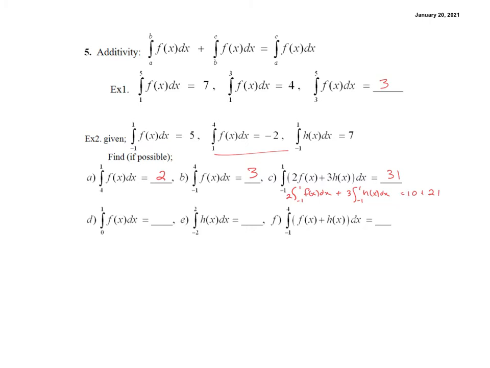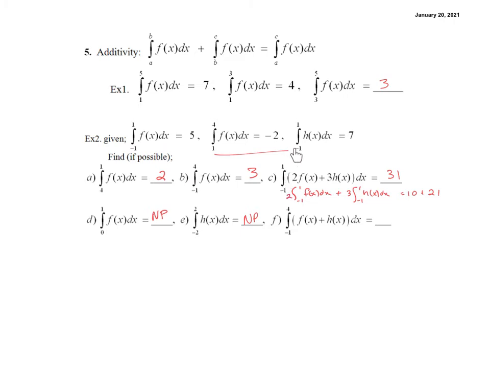Part D, integral from 0 to 1. We have no way of knowing that, so that one is not possible, because there's nothing with 0 in it anywhere in the given information. Integral from -2 to 2. Again, that one's not possible because there's nothing involving a -2. And the last one, -1 to 4,